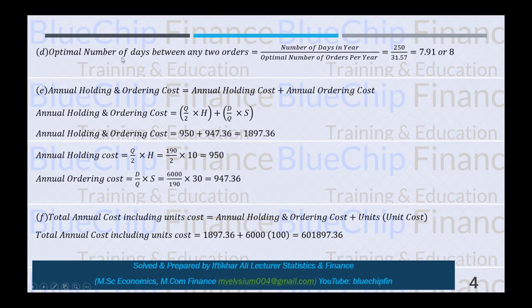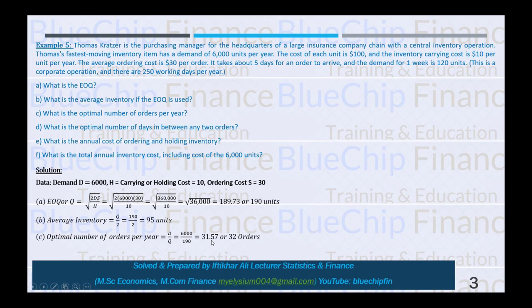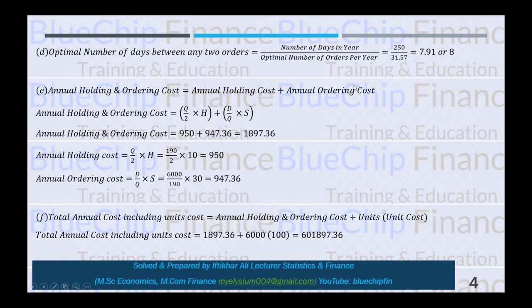And D: what is the optimal number of days between any 2 orders? So the optimal number of days between any 2 orders equals the number of days in a year divided by the optimal number of orders per year. So the optimal number of orders is 31.57, or you can say 32, and the total number of days in the year is 250. So 250 divided by 31.57 equals 7.91, or you can say 8. After that,